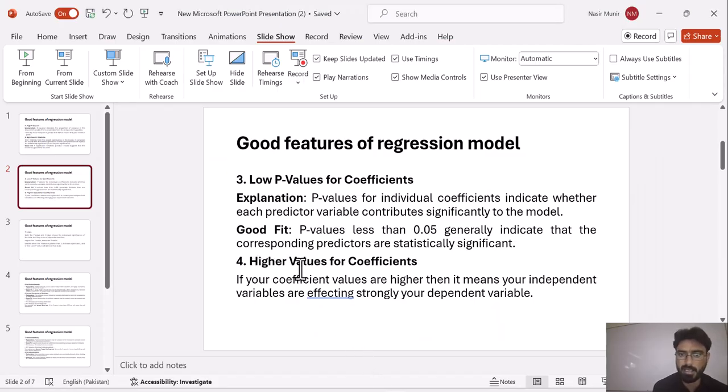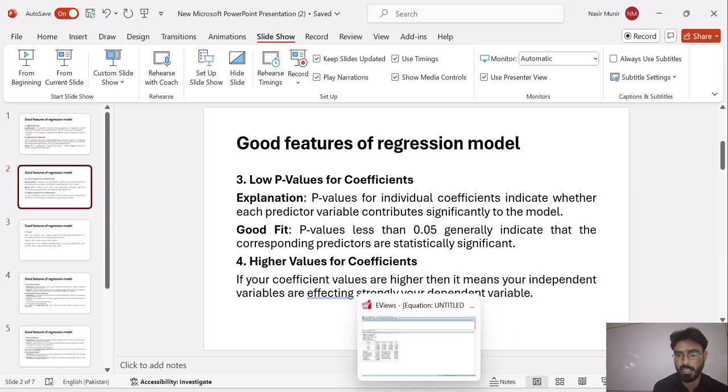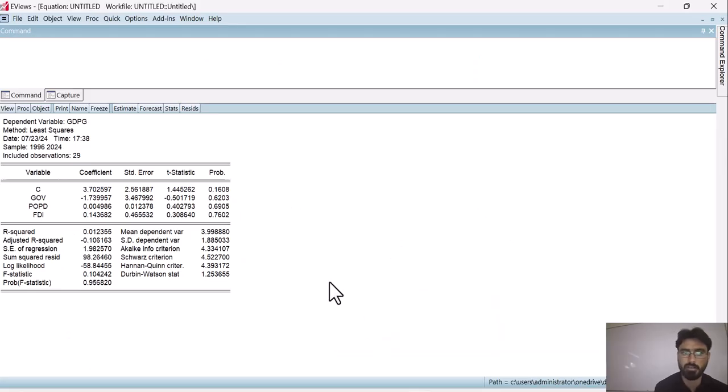The next thing is the higher value of the coefficient. For the goodness of the model, or for a variable to be well fitted, your coefficient values should be higher. The higher the value of the coefficient, the more that particular variable is affecting our dependent variable. So let's assume for this case GOV, its coefficient value is minus 1.73.